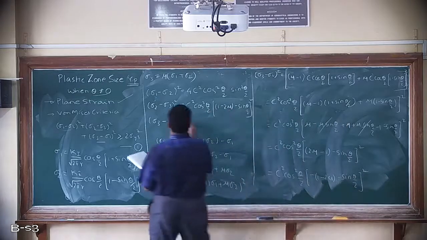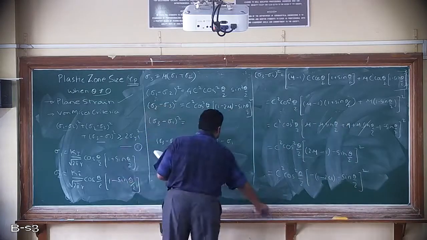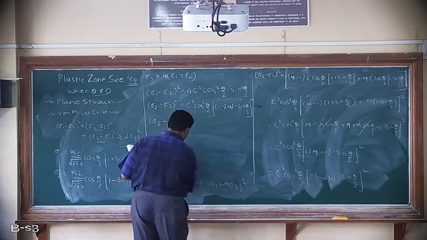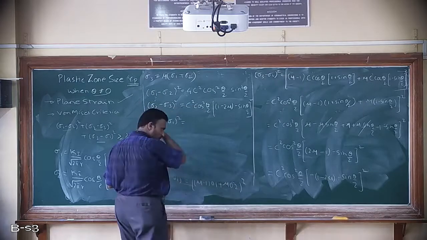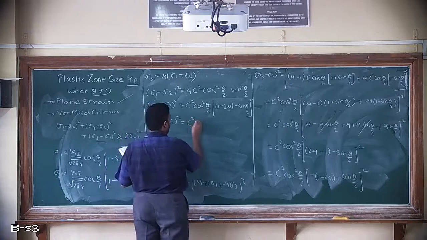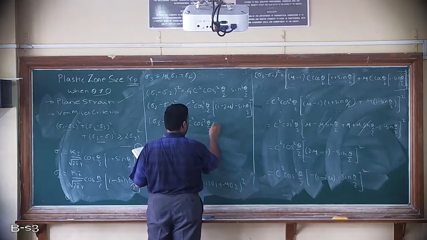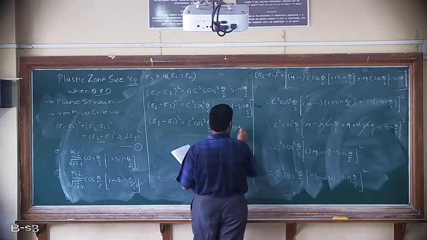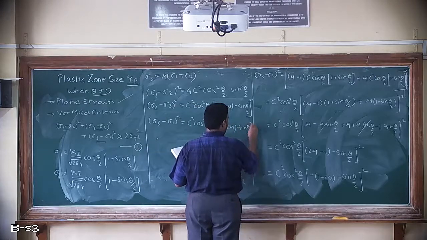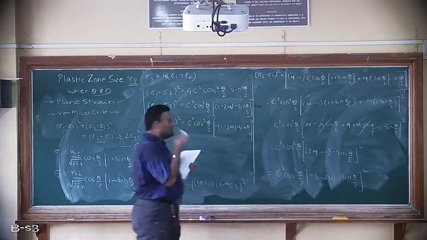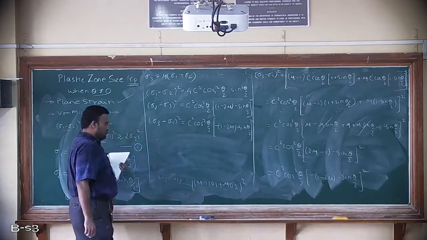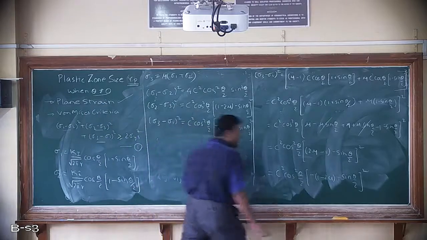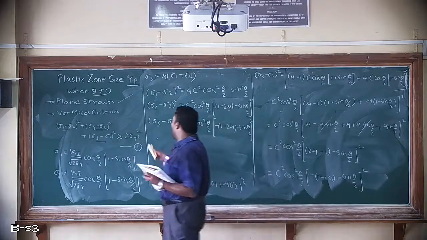So sigma 3 minus sigma 2 can be written as c square cos square theta by 2 minus of 1 minus 2 mu minus sine theta by 2 the whole square. Okay. So now we have from equation 1